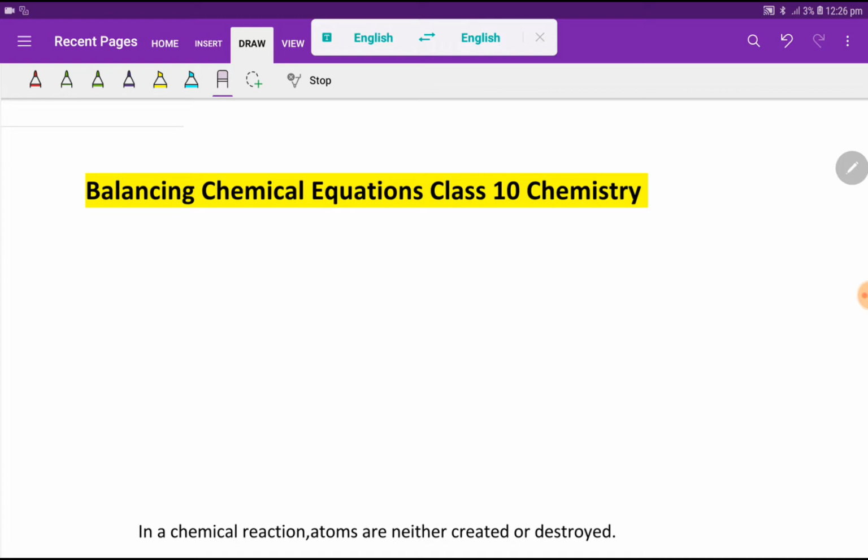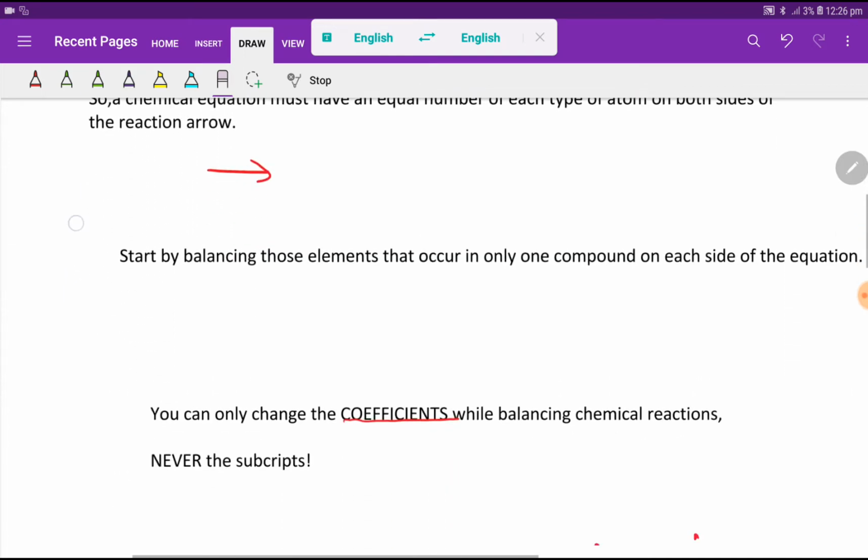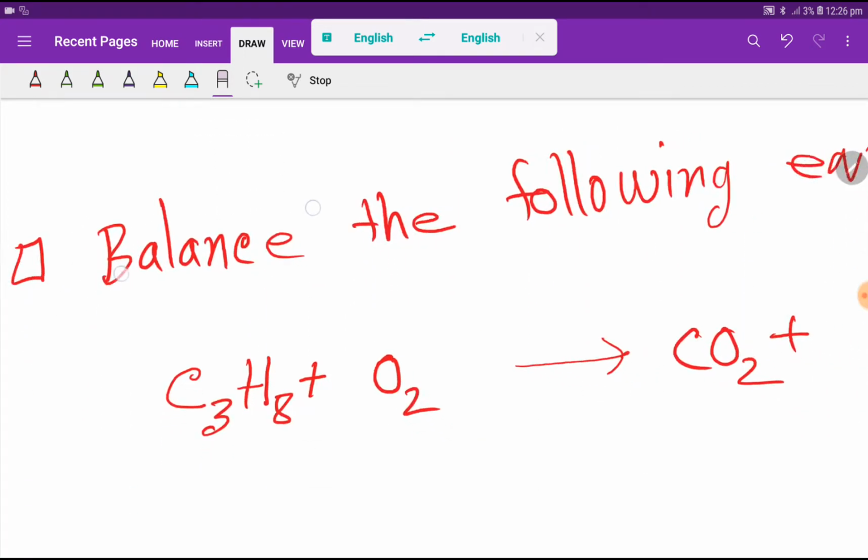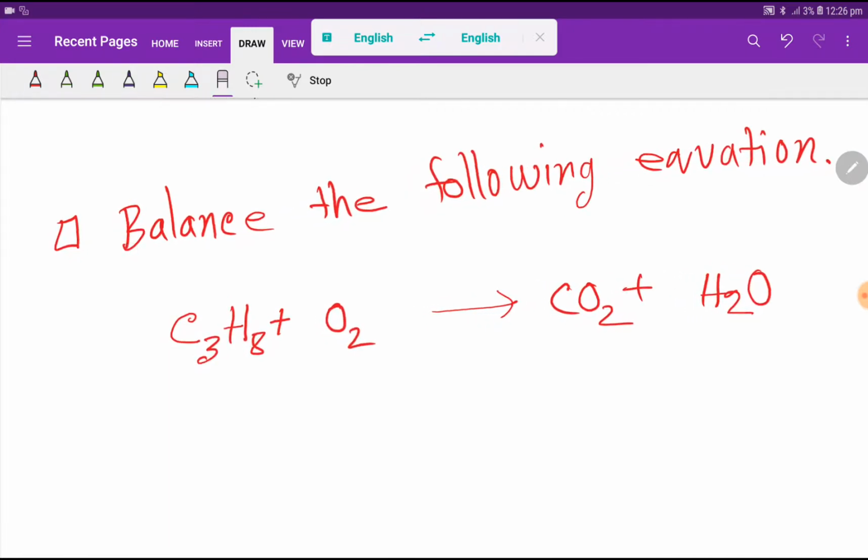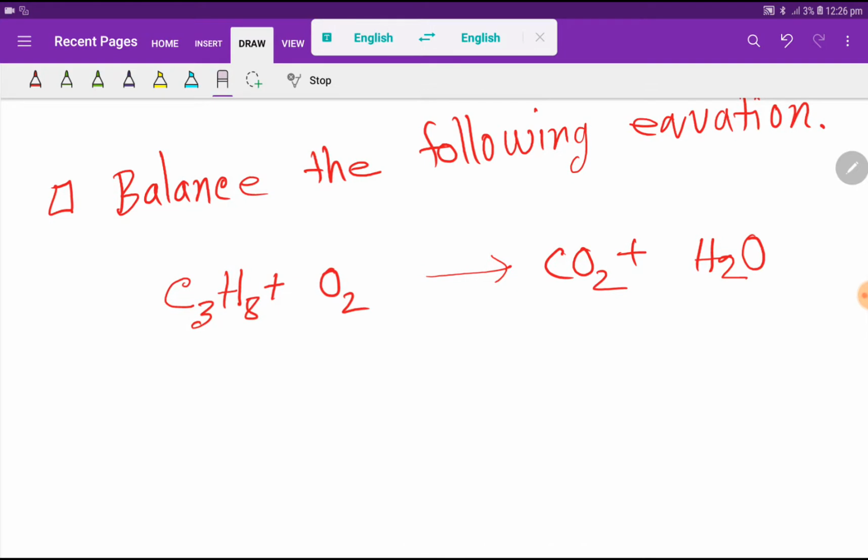Hey everyone, you know that there are some basic rules to balance chemical equations. I have already written those rules, but before giving you those rules, let me directly show you how to balance a chemical equation. If you are a student of class 10, then you have come to the right place to learn how to balance chemical equations. I hope, believe and expect that this tutorial will give you confidence. So be attentive. So how to balance this reaction?